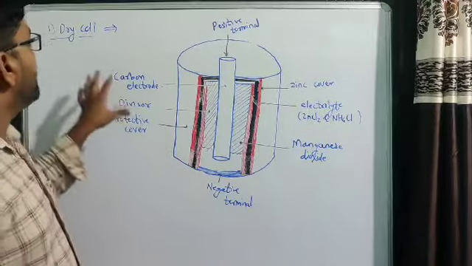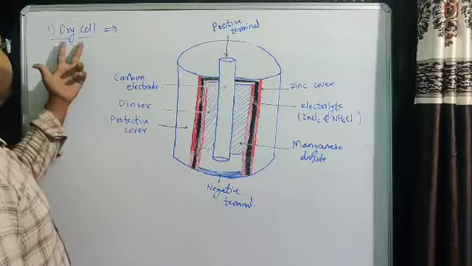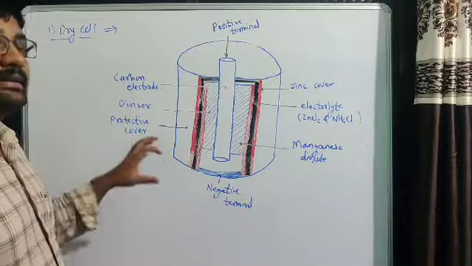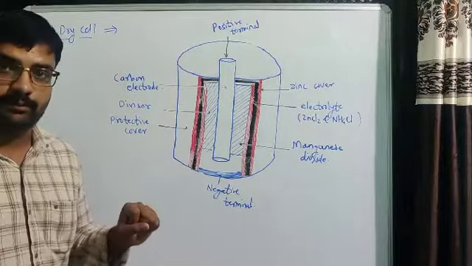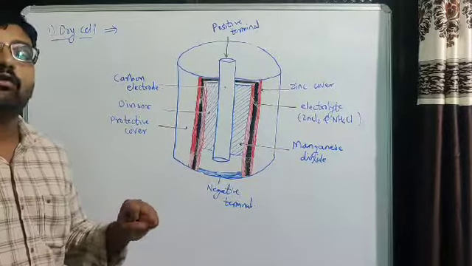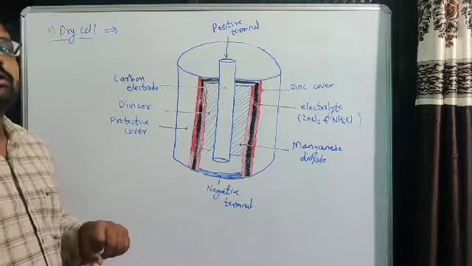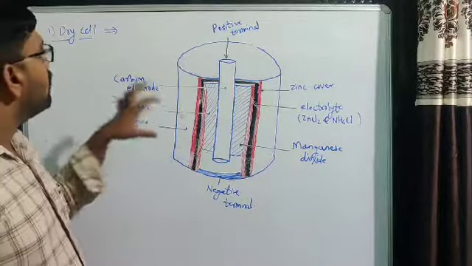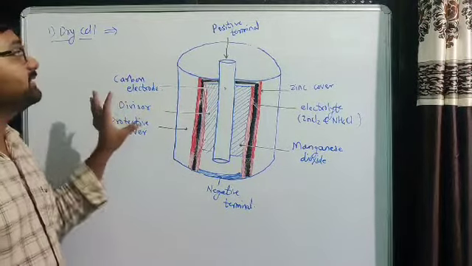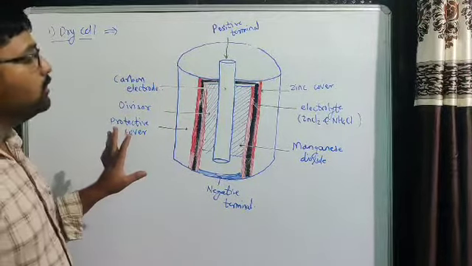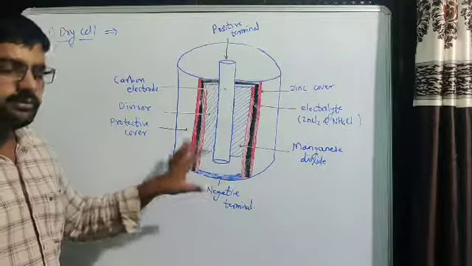Today we have to see different types of cells. The first is the dry cell. These are the cells which are generally used in our day-to-day life, such as the cells of a remote and of a watch. These are the general applications of dry cells. Three or four sizes of these cells are there. They are used to make electricity flow in the circuit.